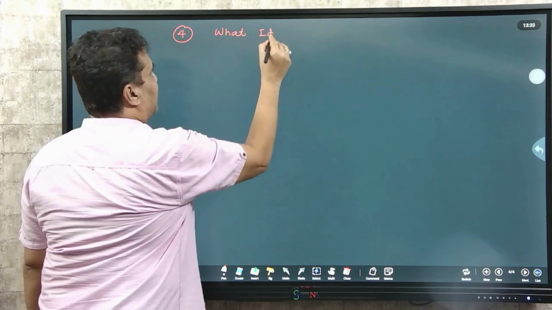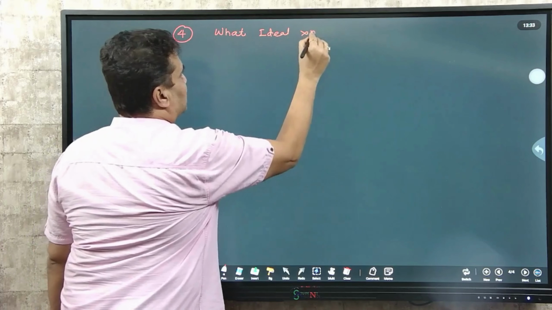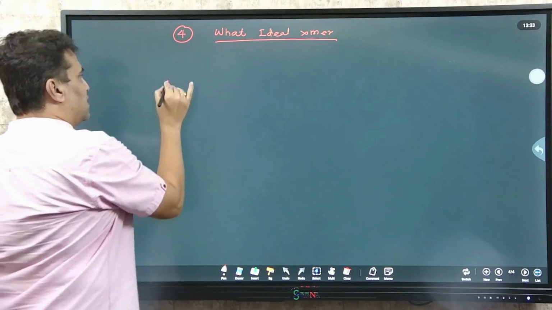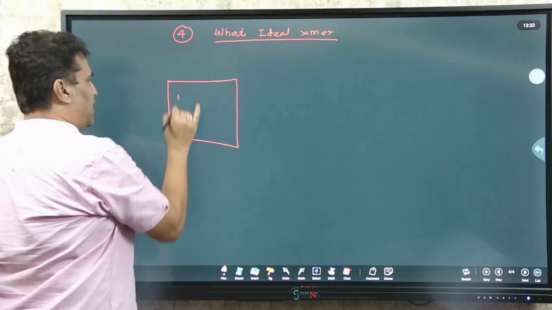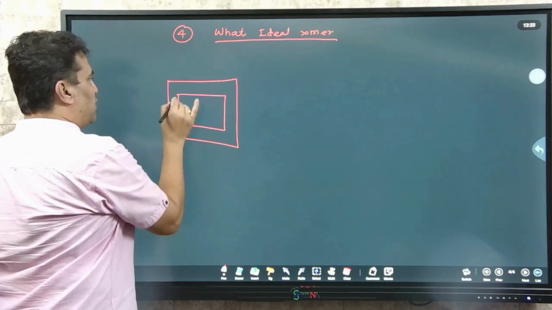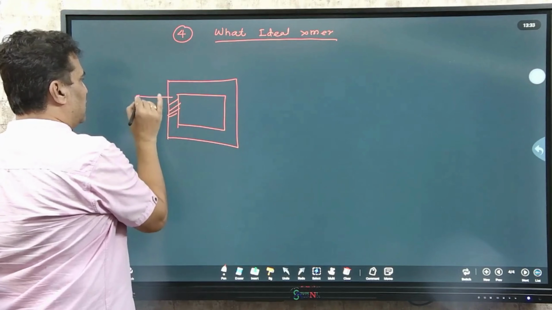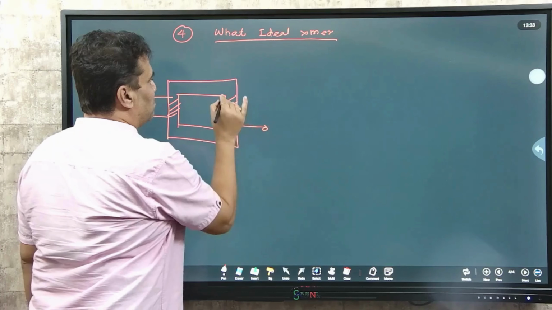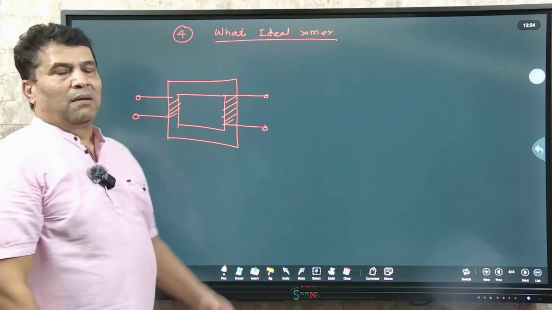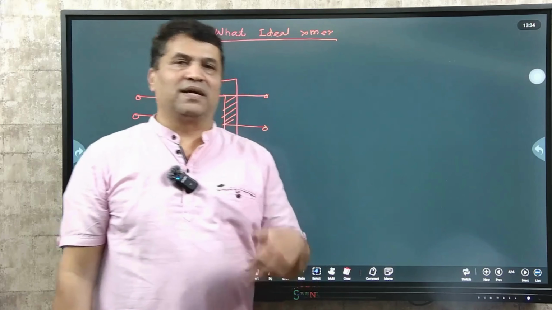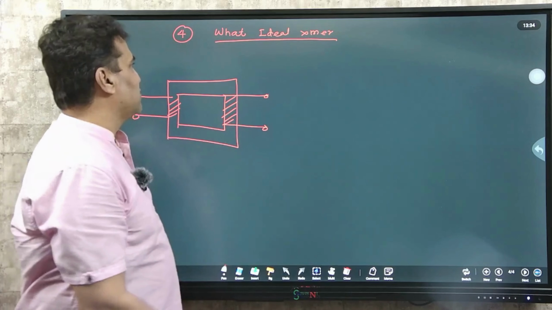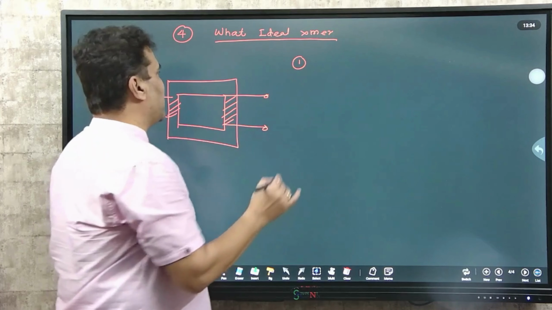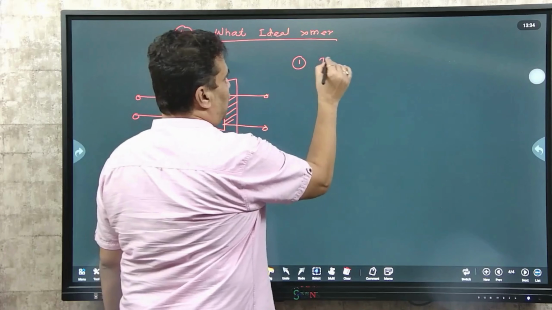What is the ideal transformer? ये most important question रहेगा. To answer this question, what is the ideal transformer, just draw the transformer construction again, and you have to explain what are the conditions to make any transformer ideal. Practically there is no ideal transformer concept, it is just an imaginary concept. That's why in order to explain the ideal transformer, the first important point is that there should not be